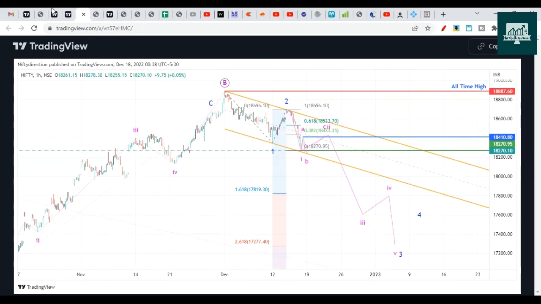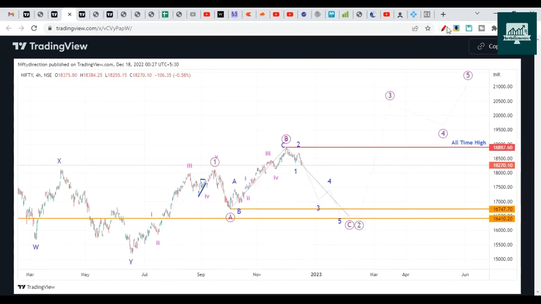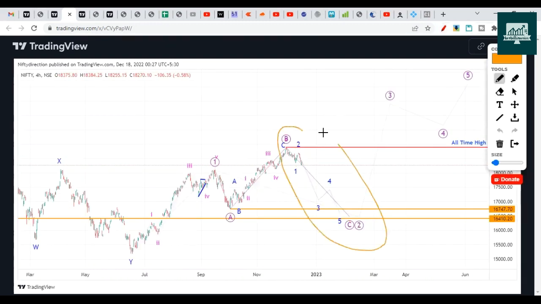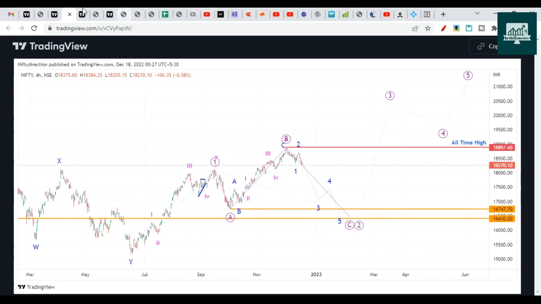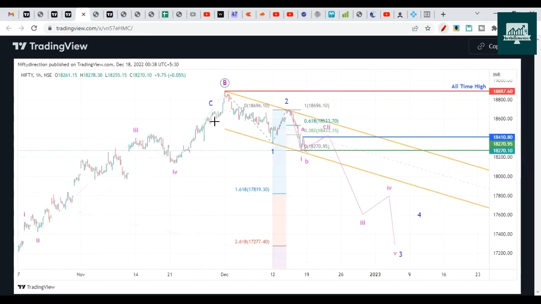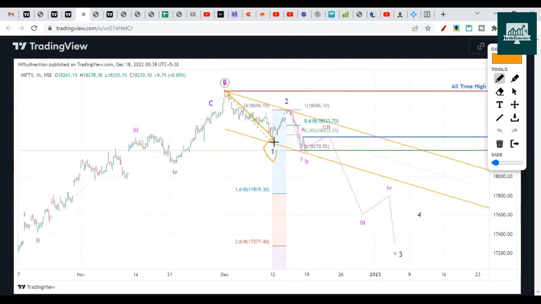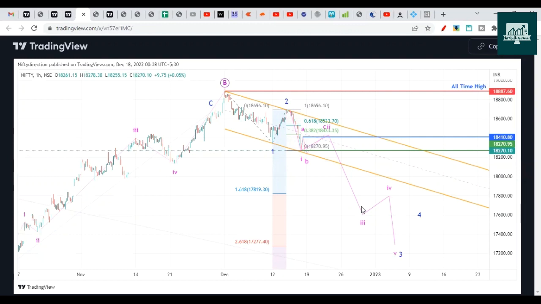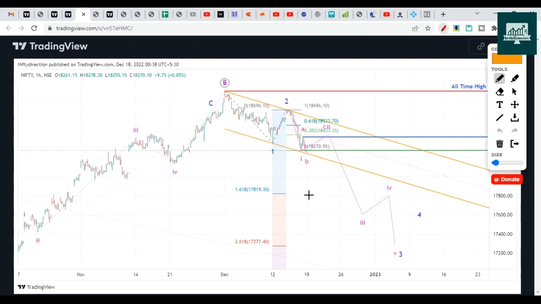Now, when I go further down, let's check this portion. In this portion, I'm considering this wave as a wave 1, right? And this as a wave 2, okay? And we already talked about this particular move. I don't want to waste much time here. And yeah, in the next session, we should see a pullback and then a drop should come. We'll talk about that in more detail.